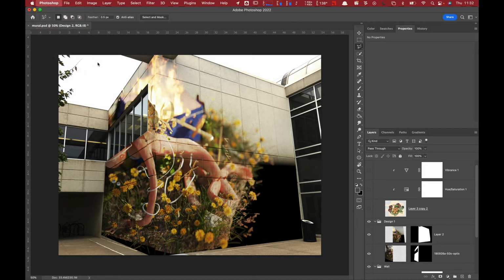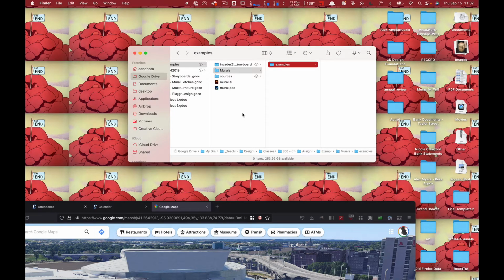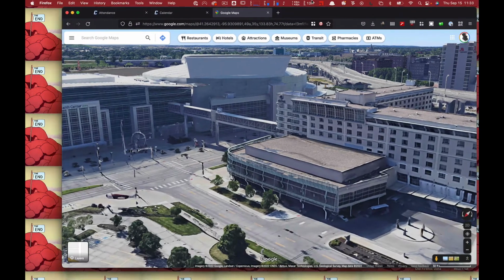Does anyone have an idea of a place other than the two that I brought up today that they might want to do? Remember, don't do anything on campus. It's because it's too easy. Okay. Does that have a good surface? Okay, you're not sure. Oh, yeah. That would be good.